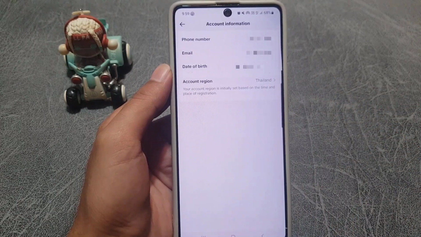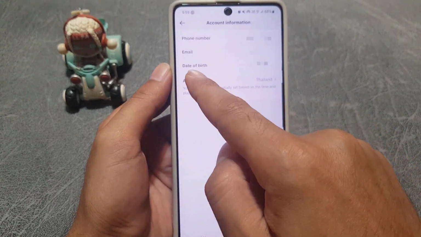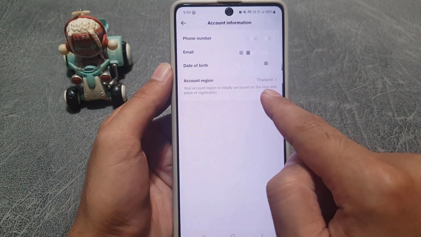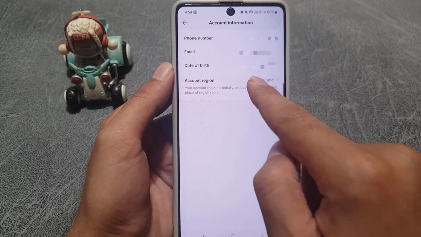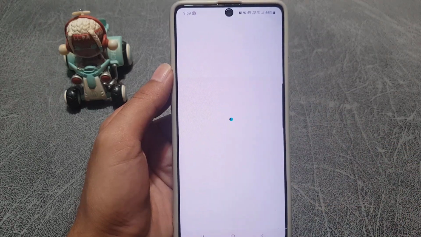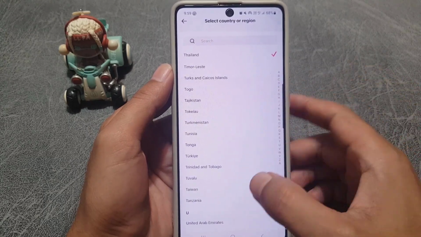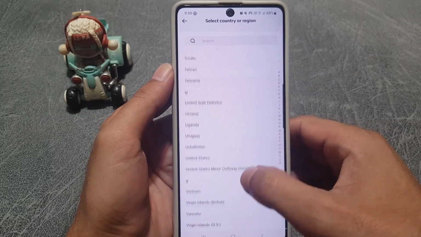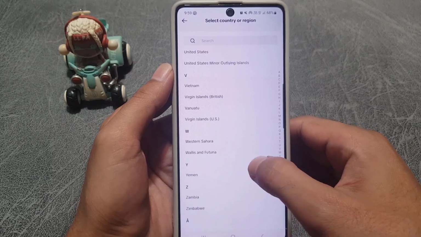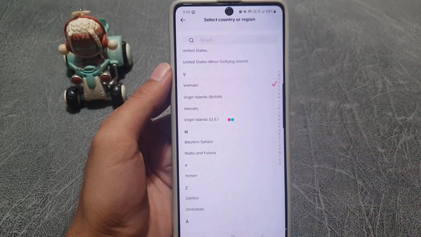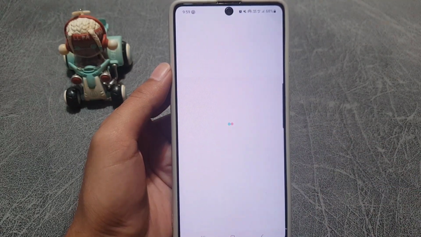And once you tap on account information, you will find your phone number, email, date of birth, and just below that, account region. So it is set to Thailand because I'm here. So if I want to change that, you need to tap on the region. You will come here and you will find the list of the countries available here from where you need to choose. Suppose I want to choose Vietnam, and when I tap on Vietnam,